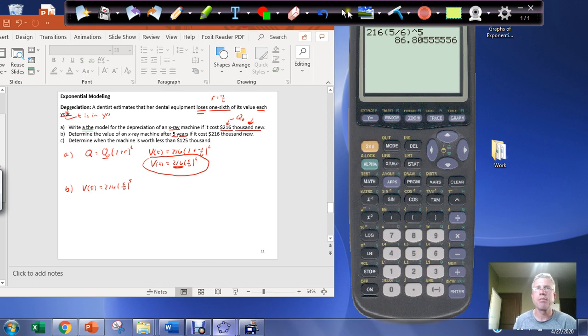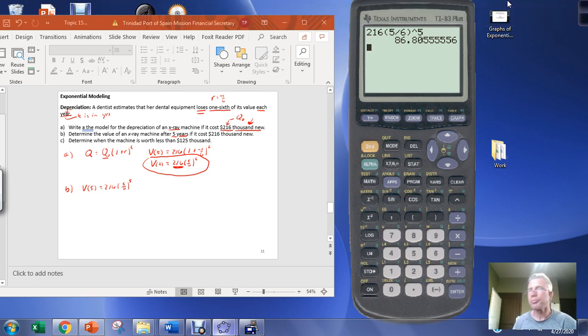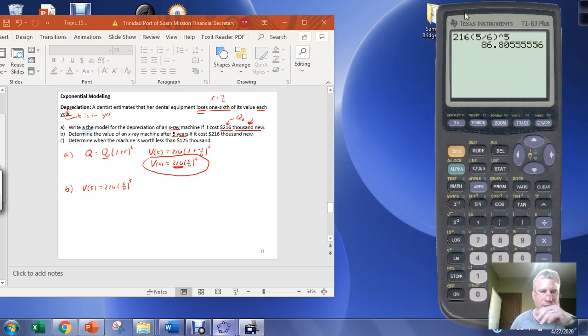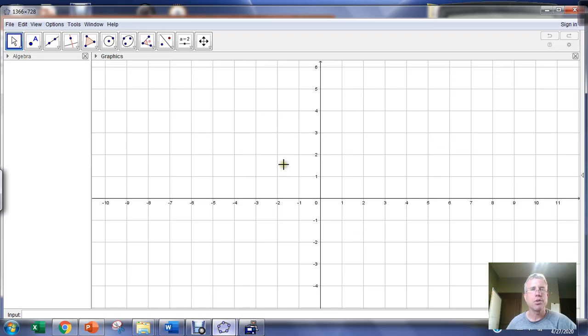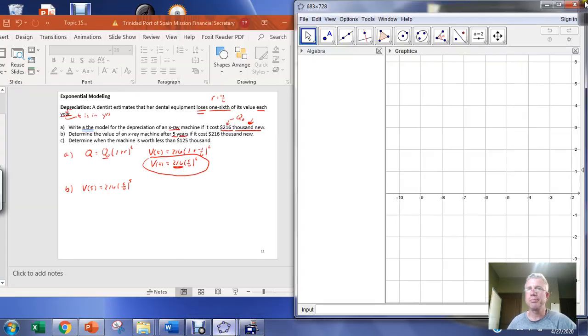I got to get my pointer back here. If you don't have a graphing calculator, and I know some of you, because of the situation that we're in, don't have one, you could use a tool like GeoGebra to do this. So if we had GeoGebra, I would probably just type the model into GeoGebra, and I would do it in function notation. So I have v of t, but GeoGebra won't take a t, so I'm going to have to replace t with x as my input variable, and I would go equals